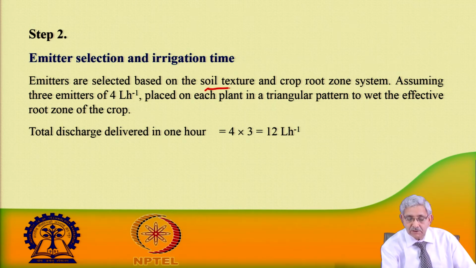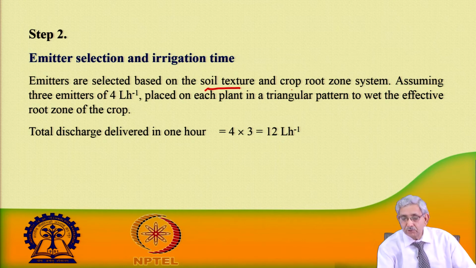The soil is sandy loam, and the crop root zone, meaning up to what depth the water is going, is also given. This is a deep rooted crop, 1.2 meter. So, considering a dripper of 4 liter per hour, and since the water requirement is large, 50 liter per day,